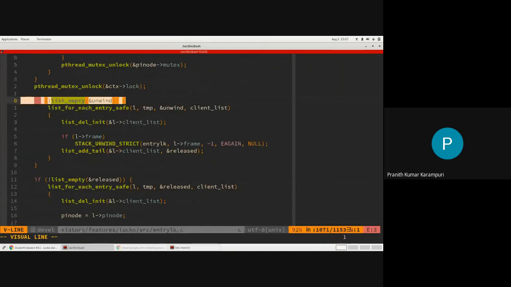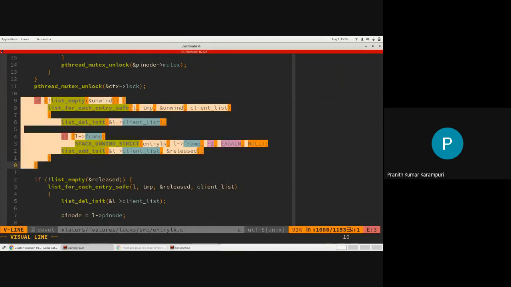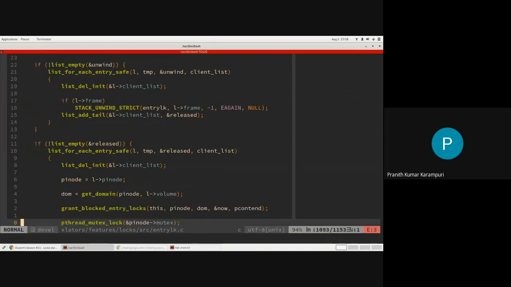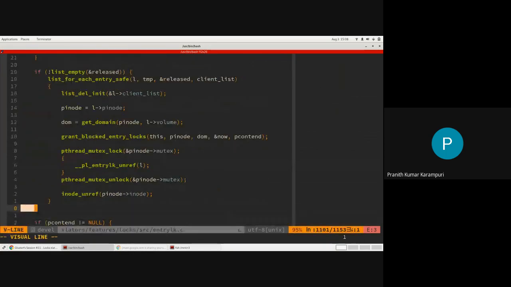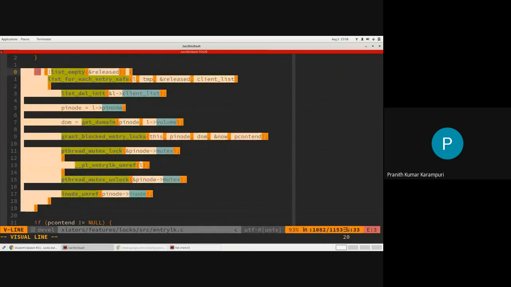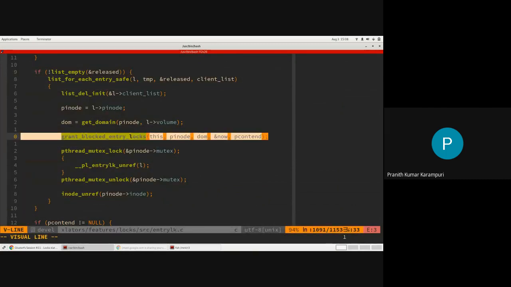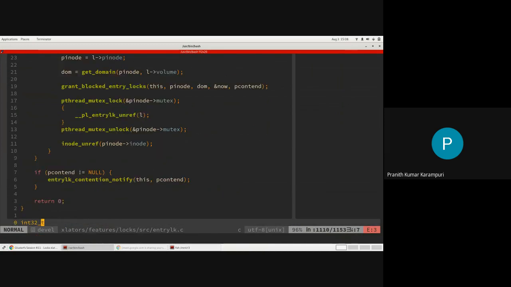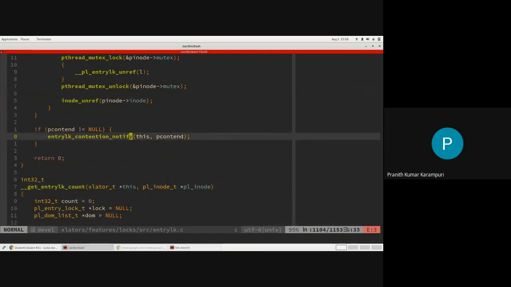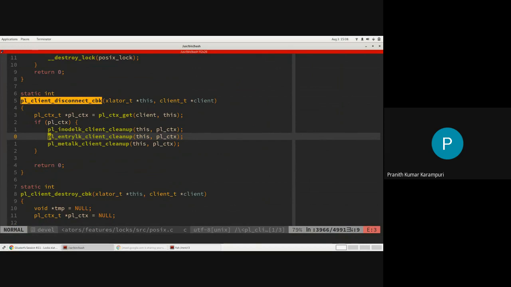All the lock requests that are in the unwind list will be unwound. All the granted ones are deleted, and you will subsequently do the granting of the blocked entries. So that also will be done. Yeah, so this is the other part.